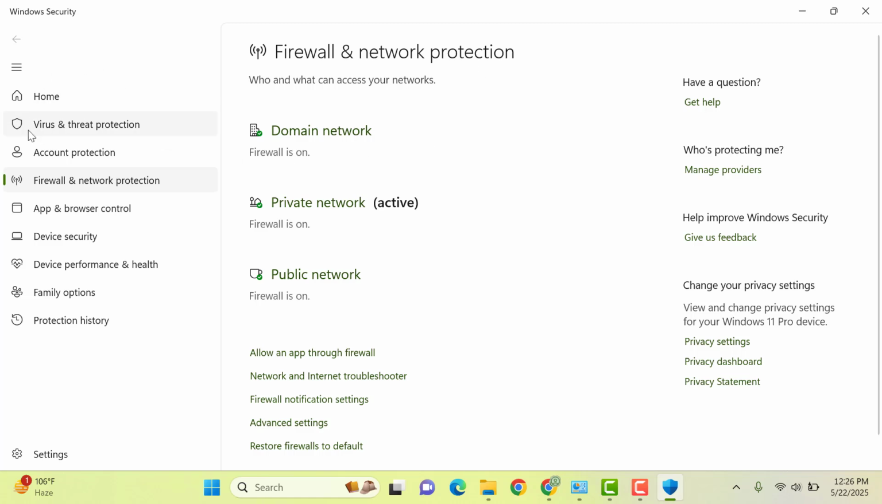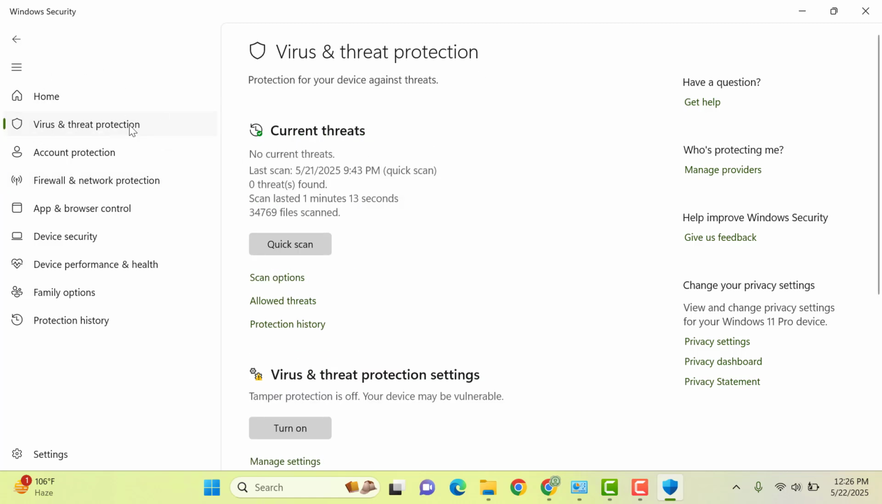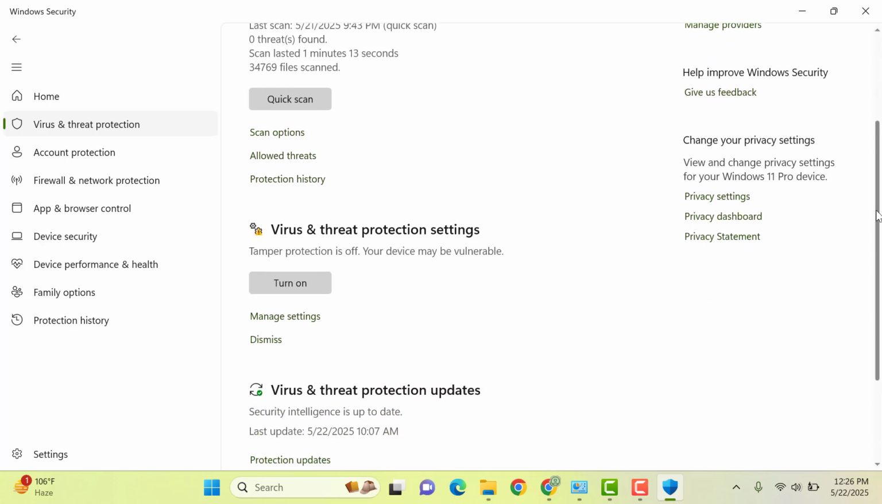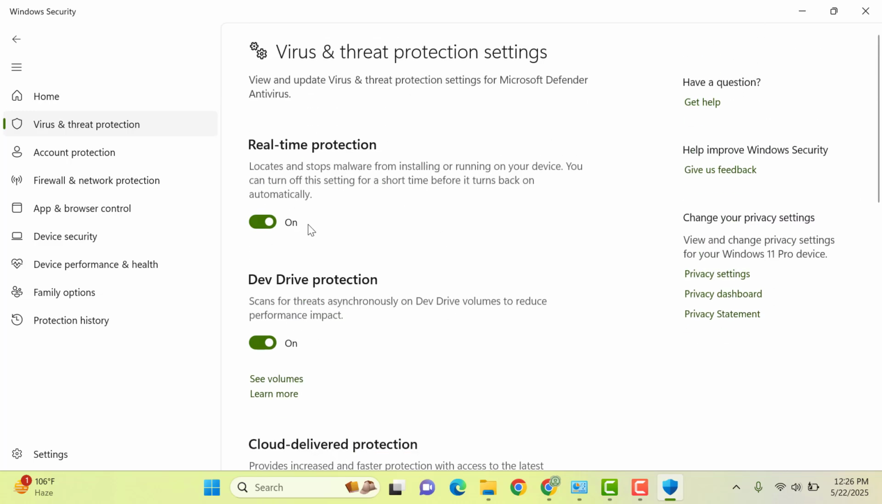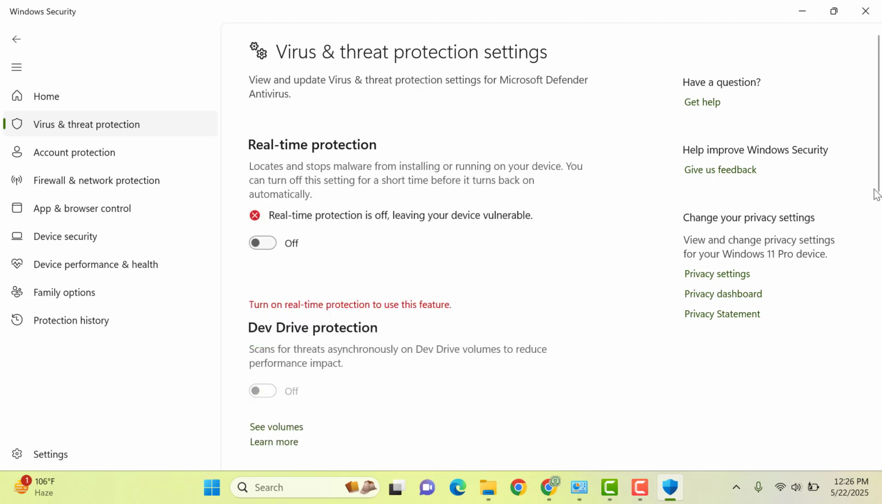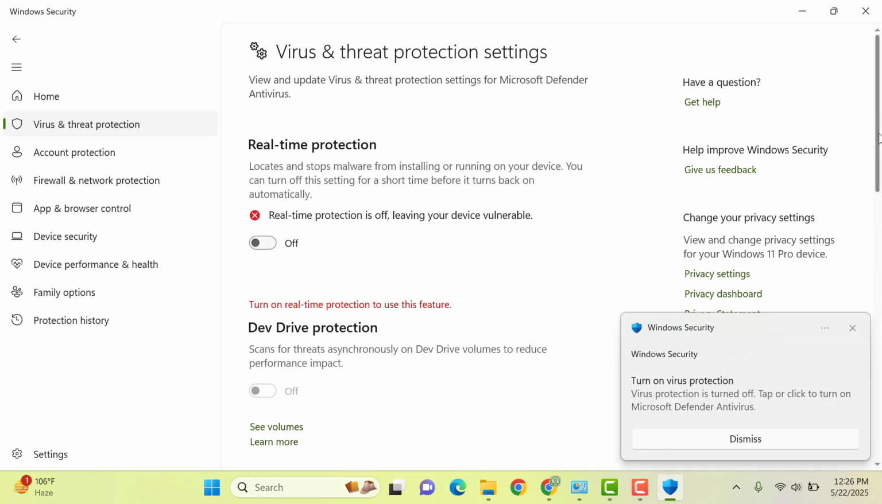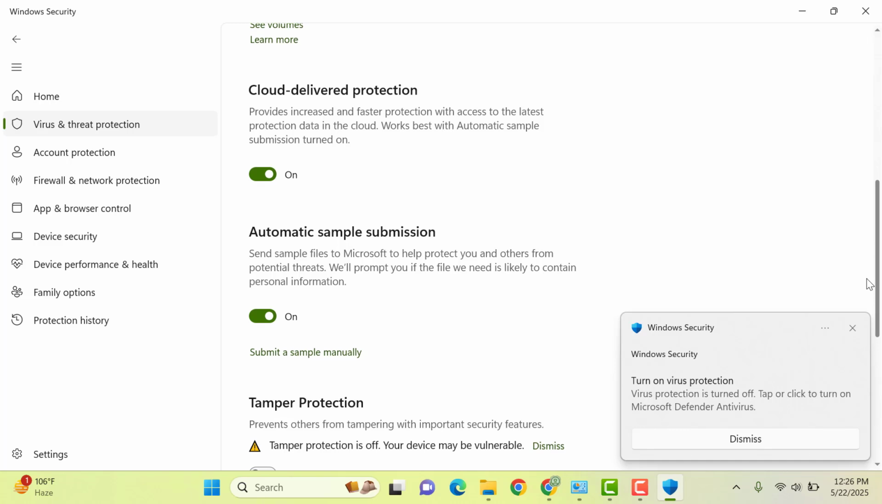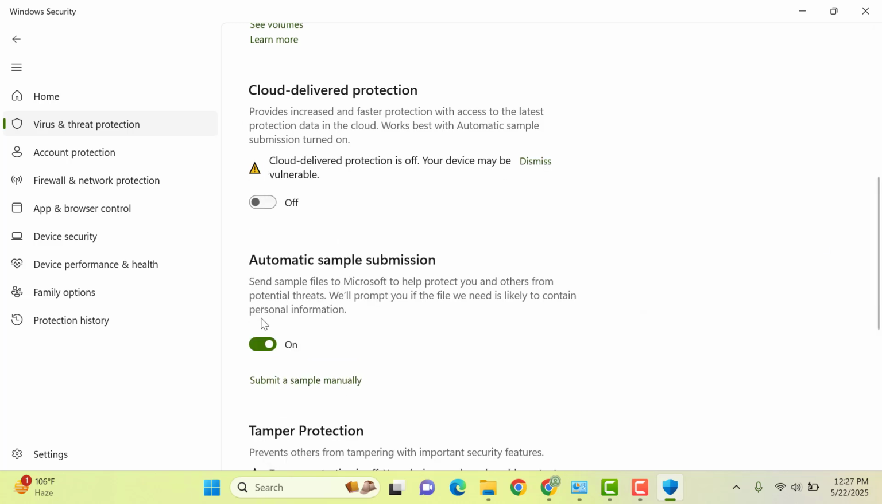Then here you can see virus and threat protection. So you can go here, then scroll down, and then you can click on Manage Settings. And here you can see real-time protection is on. Just you can turn off from here. Then scroll down. You can also turn off this option,